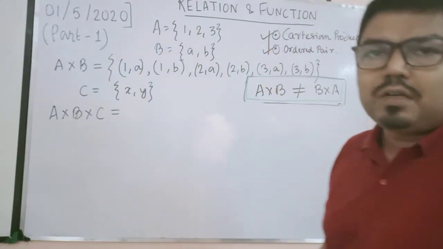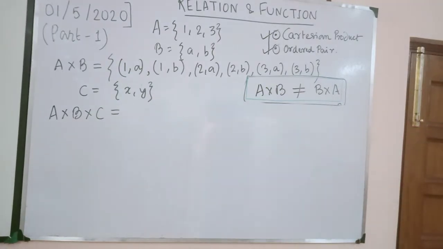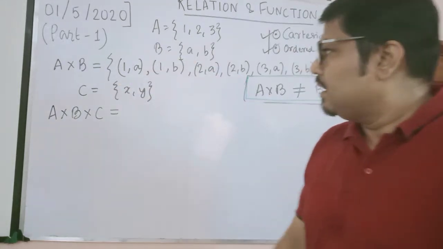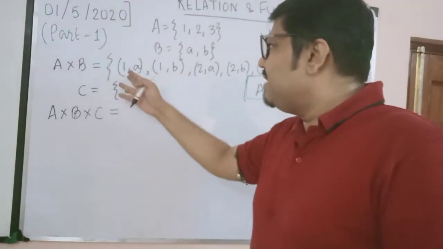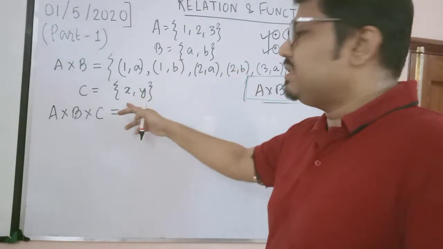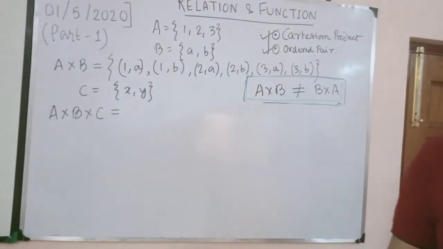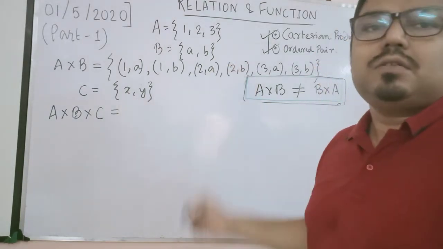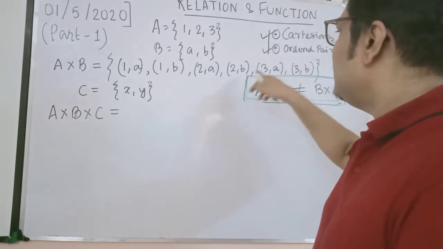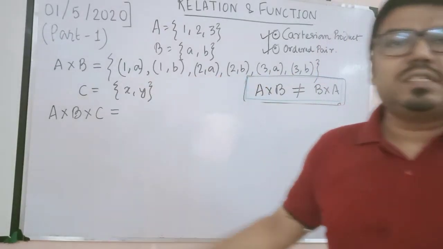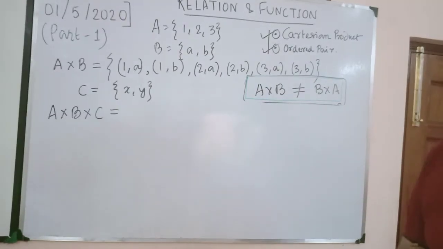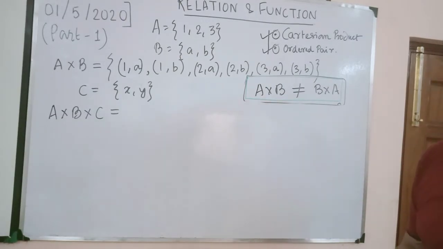But what will it produce? It will produce ordered triplets. It will not produce ordered pairs, because as you can see there are three sets now involved. So in each of these, X and Y will get associated, these elements will be getting associated. So how many elements will you get over here? We got 6 elements previously, I told you. So here there are 2 elements more, so it will be 6 into 2, there will be 12 elements altogether.